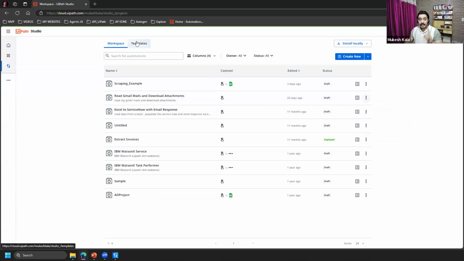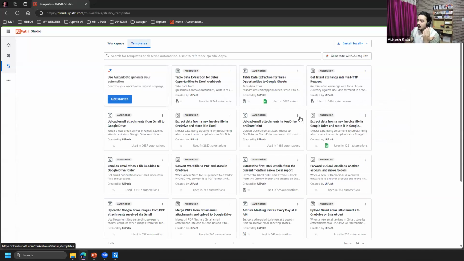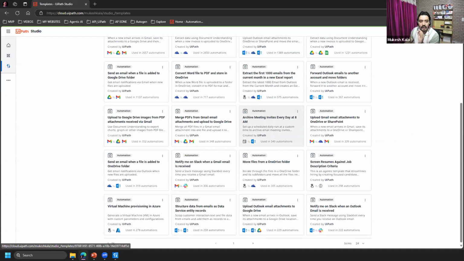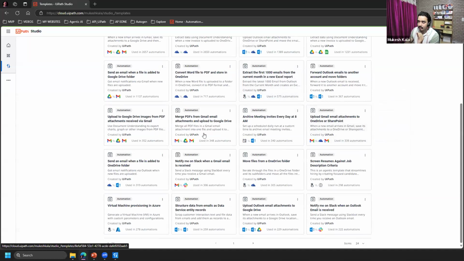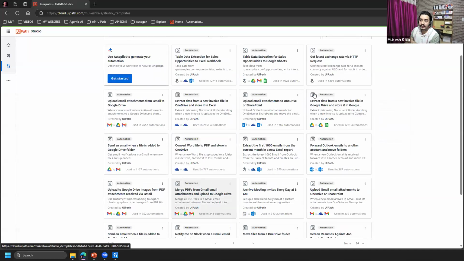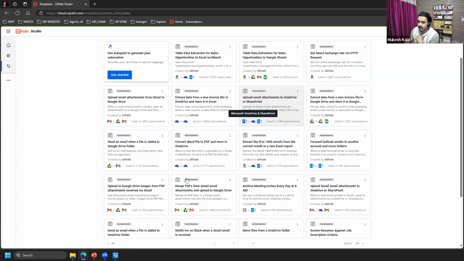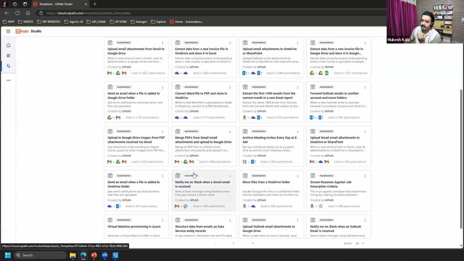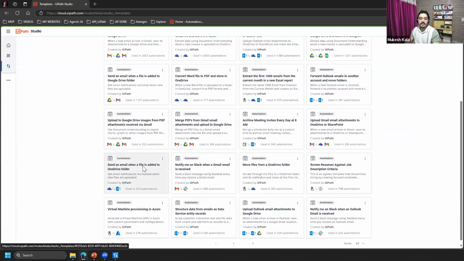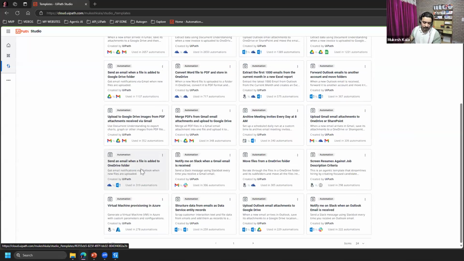A good part here is templates. All of these templates are pre-built automations which you can get started with. For example, depending on the application, whatever I'm going to use today, I will use Gmail, because I believe all of us have Gmail.